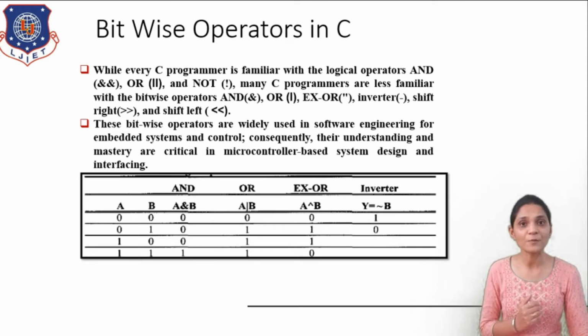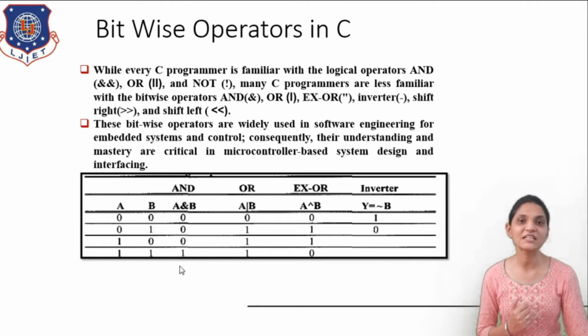The basic operations are like this. For your data, say your data is of 1 bit, that is A and B. If you do the bitwise ANDing, then the result will be like, if your data is 0 0, then your result will be 0. If 0 1, then 0, 1 0, then 0, and 1 1, then 1. This is basically an AND gate operation. Similarly, you can have the OR operation, XOR operation, and invert operation.